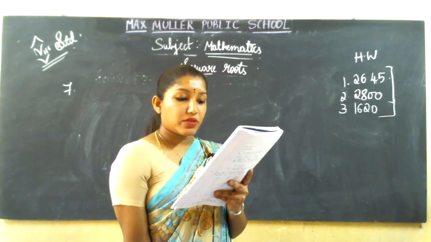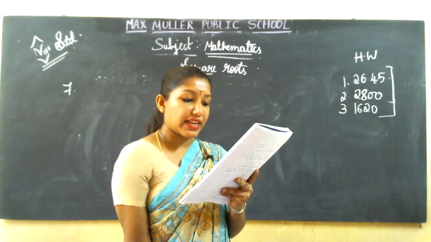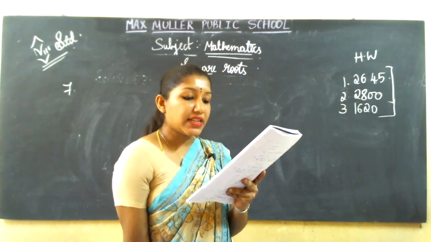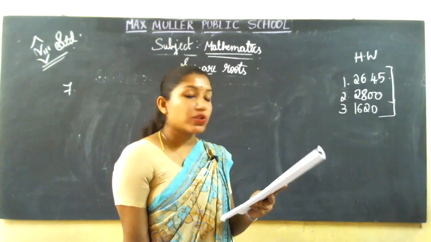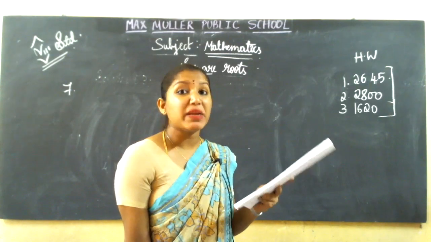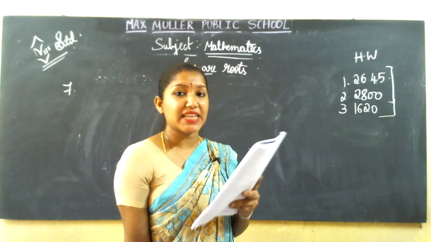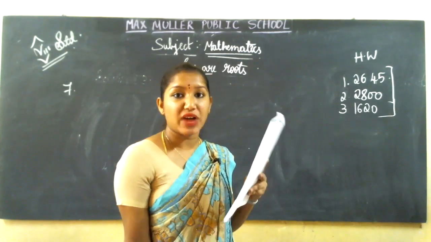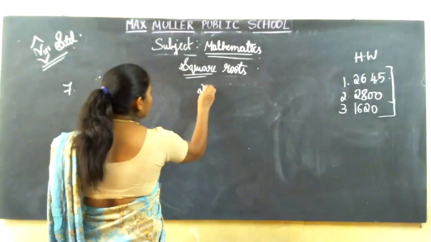2025 plants are to be planted in a garden in such a way that each row contains as many plants as the number of rows. Find the number of rows and number of plants in each row. See, 2025 plants have been planted. In each row, how many plants are there? You have to find out, and how many rows are there? You have to find out. That is your question. So here what you have to do, same thing,